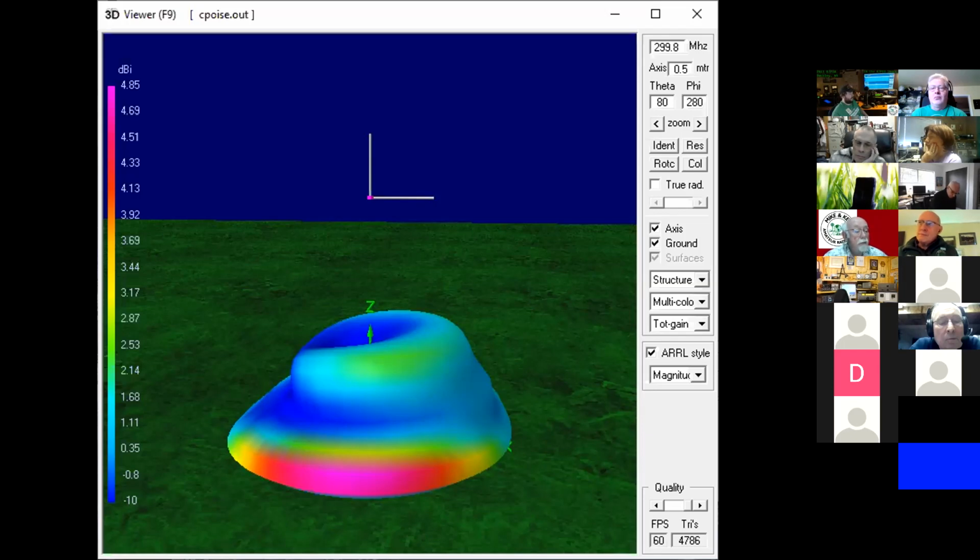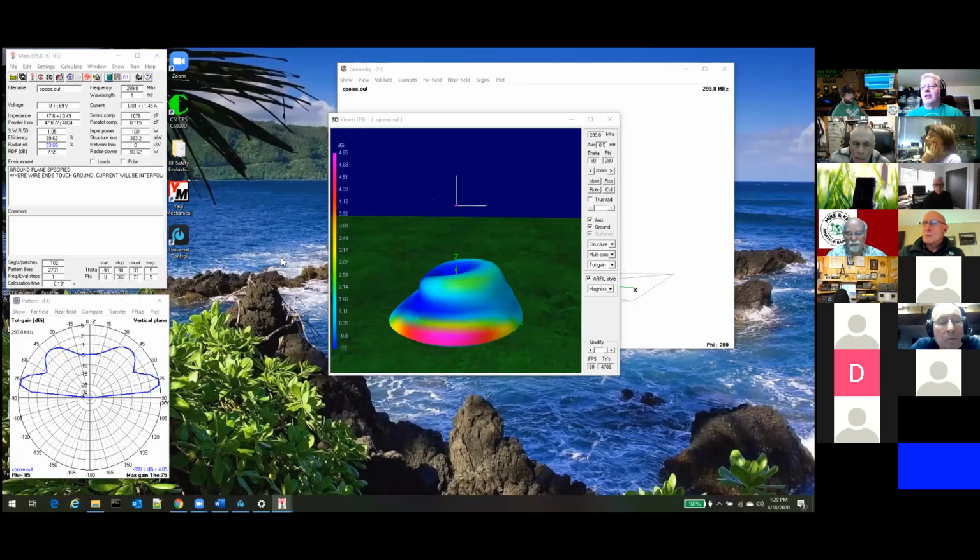And it fed at an SWR of 1.05 at what I did in my model here. Okay, so that's it. Well, Scott, that was awesome. Well, you want to